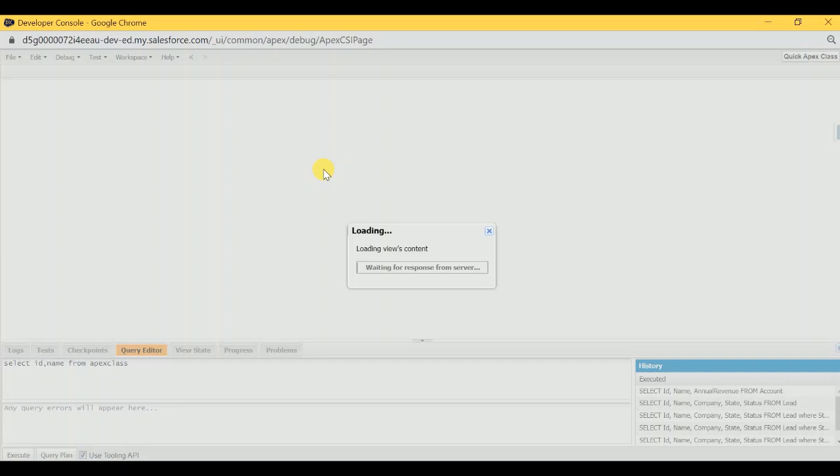Now here you can see some process is going on. After that you have to create one Aura component, a lightning component. Let's wait for a few seconds, maybe it's loading. Here you can see it's loading view content.